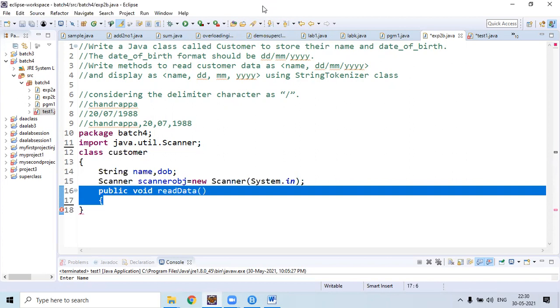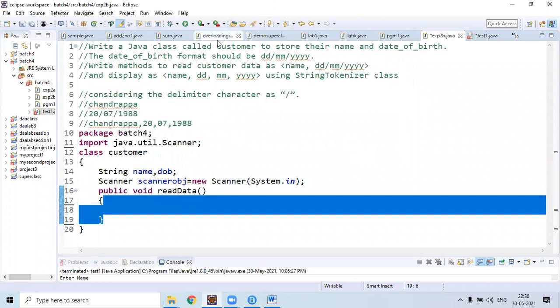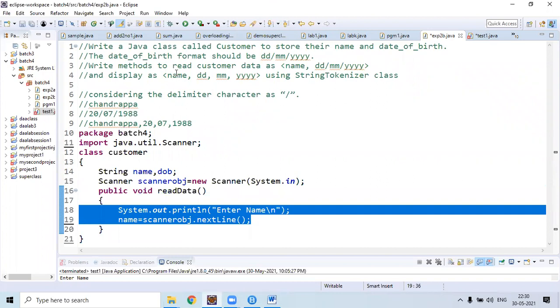Then we need to read name and date of birth. Here first we need to initialize read method, read data. We declared read data as public so that we can access it anywhere in the program. Inside read data, we need to use scanner object and next line method.